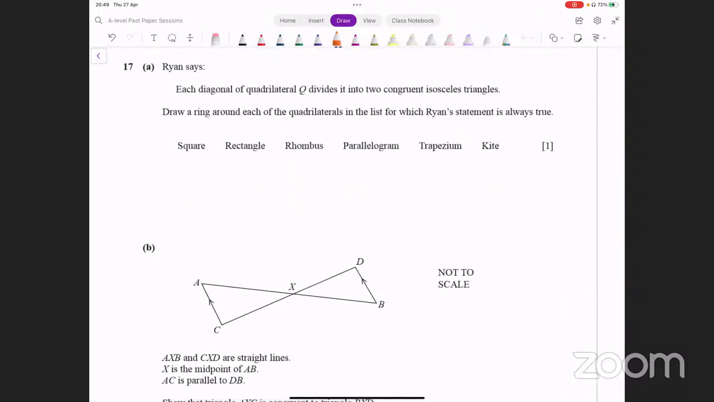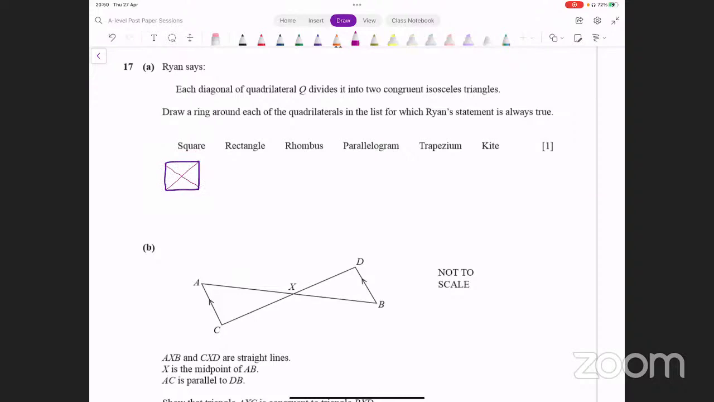It says, Ryan says, each diagonal of quadrilateral Q divides it into two congruent isosceles triangles. Draw a ring around each of the quadrilaterals in the list for which Ryan's statement is always true. Okay, now that's interesting. Square कैसा होता है? This is what a square looks like. अगर आप यहाँ पे दो डायगोनल्स बनाते हो, दो ही डायगोनल्स होंगे इसका, राइट? एक डायगोनल ये होता है, एक डायगोनल ये होगा दूसरा।